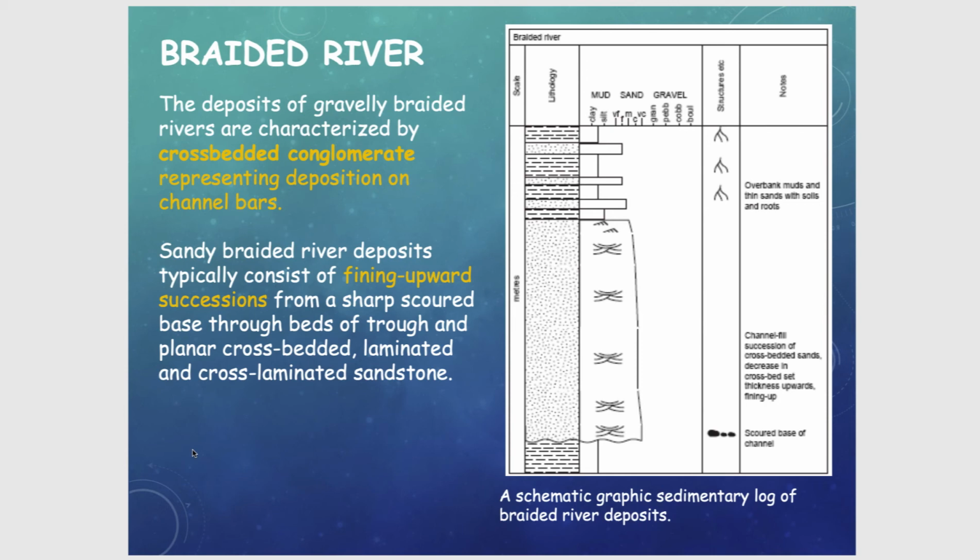So we have essentially that from a sharp scoured base, so the erosional surface, we go into trough beds and essentially move then into more planar cross-bedded and laminated materials. So these find easy explanations if you look at the different depositional environments. So if you remember, I was mentioning that three-dimensional cartoon earlier with those three distinct settings. So remember, when we are at the bottom of a channel, we usually get the coarser lag, and that's the